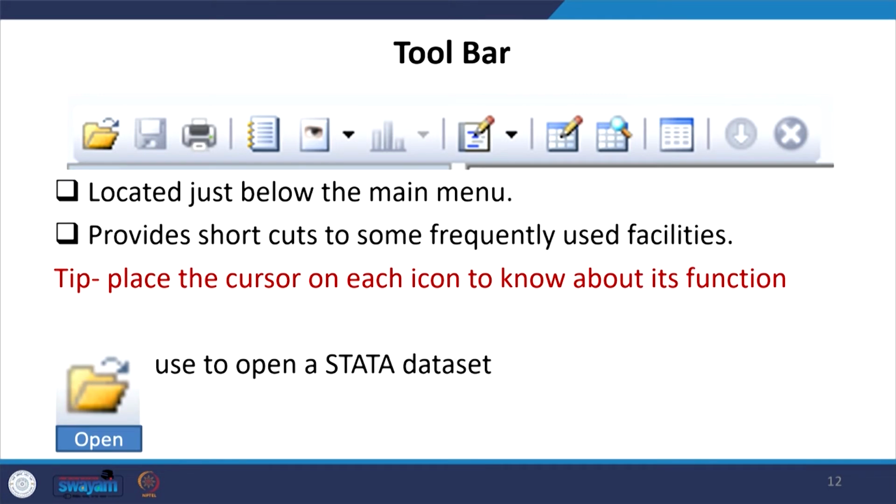So, this is the toolbar, as we already said. This is next to the main bar, located just below the main menu. This provides shortcuts to some frequently used facilities. So, frequently used facilities are given in the toolbar. Once you keep your cursor over a particular icon, it will display its name. How to use